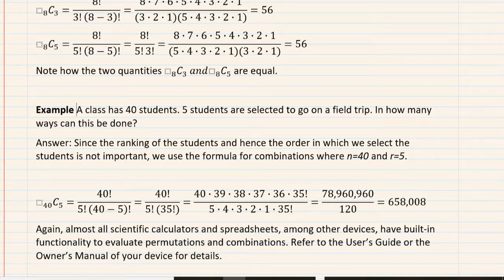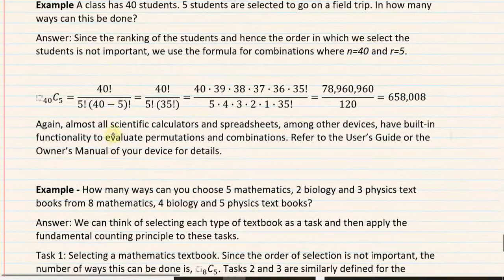Now, when you send a group of people on a field trip, the order in which the group remains or stays together doesn't matter. True? So this would be an example of a combination. So you can do combinations C(40,5), and that ends up being over 658,000 ways of doing this. And that's what this is. So that's how many ways you can choose a group of size 5 from a sample of size 40. Okay. Let's look at the next example.